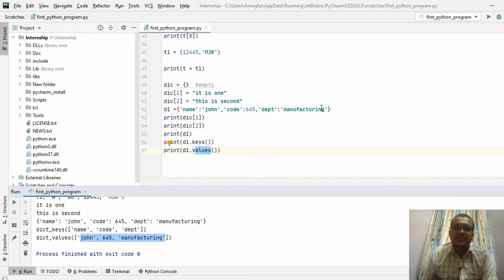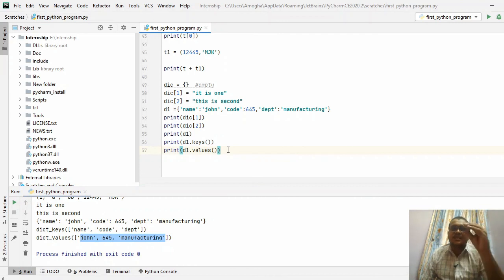You can create this type of dictionaries, n number of them, and you can make it a data set and give it to machine learning. So a dictionary is a very important thing for any sort of machine learning application. These are the different data types available in Python: number, string, list, tuple and dictionary. Number is as usual, assigning some values to it.